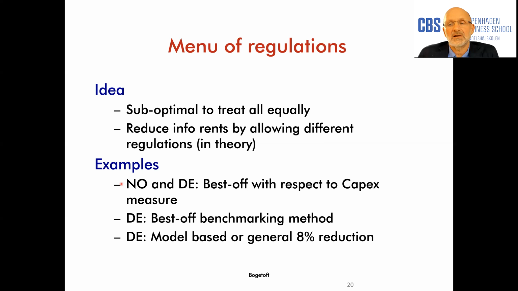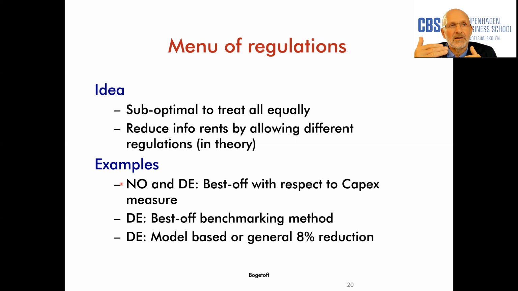We see it in, for example, Norway and Germany, where you make a model where you have one way of measuring capital and another way of measuring capital. They don't do that in Norway anymore, but they used to do that. But in Germany, they definitely do it. So you can measure capital expenses in one way or another way, and then you basically do a model with both ways of doing it.